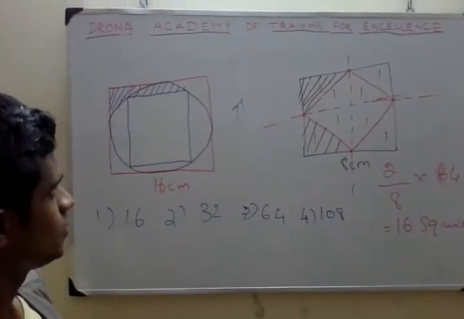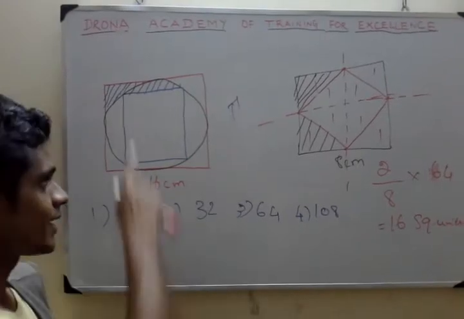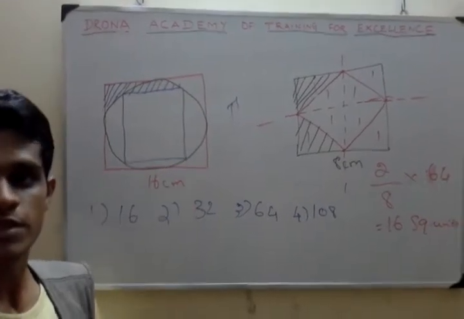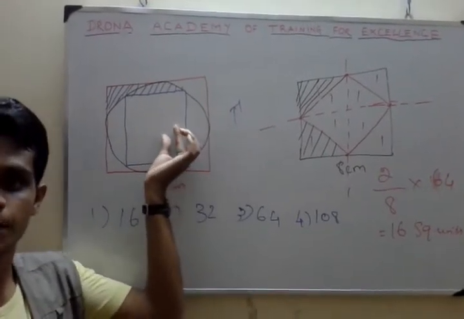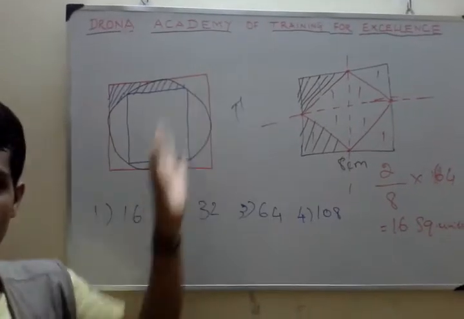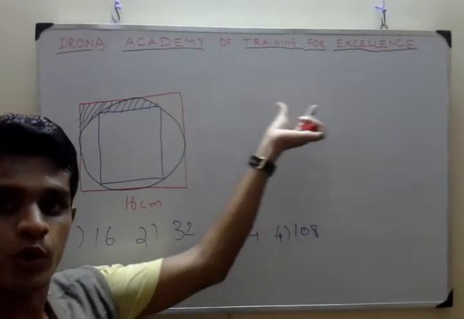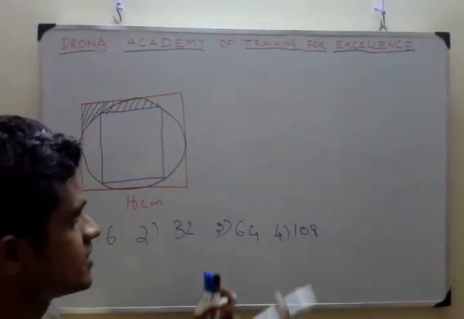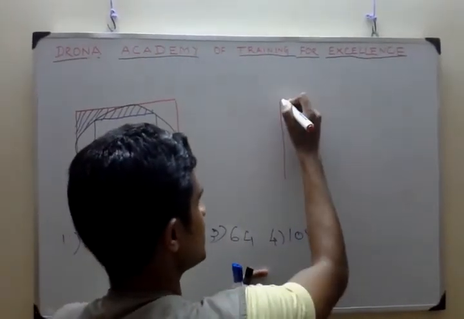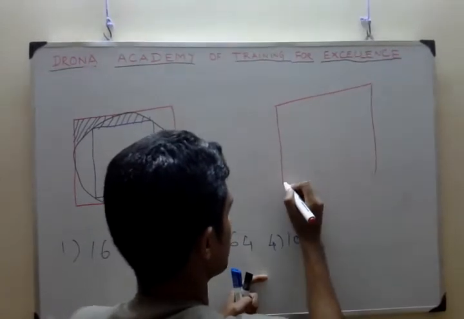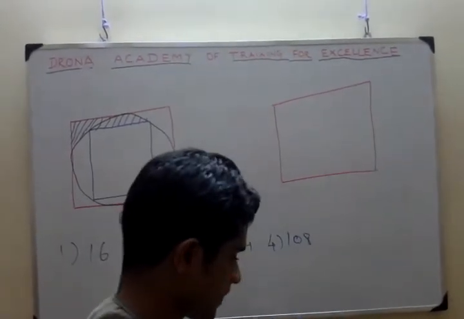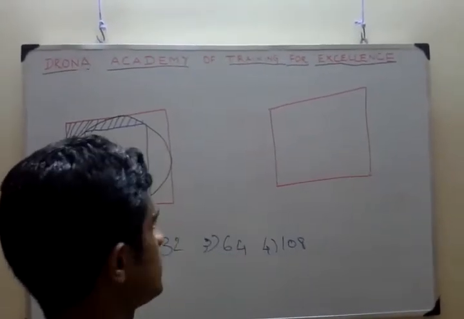Now again do the same thing. Cut the diagram and count. So to do this, in this particular question, I cannot directly cut the diagram and count. So this particular square, I am going to do a small modification. So like this, the same. There is a big square. So inside that, circle again.